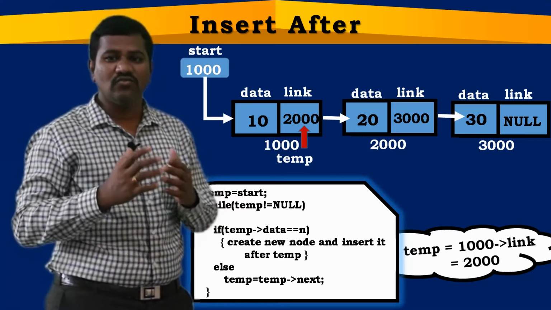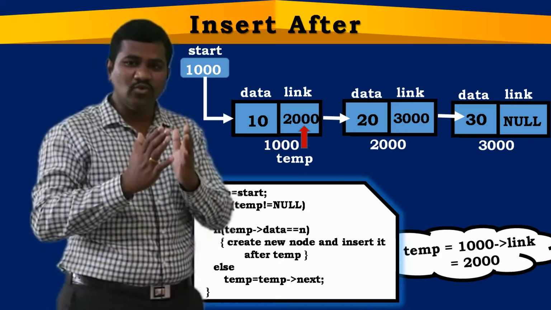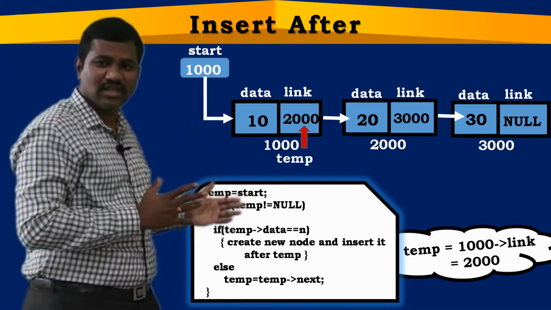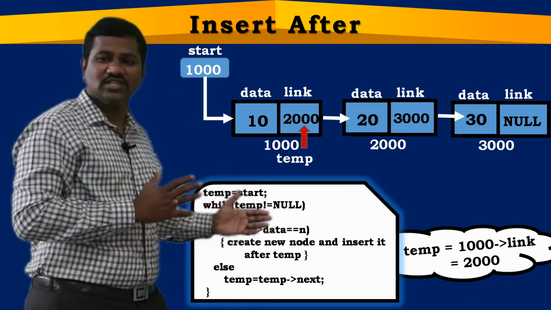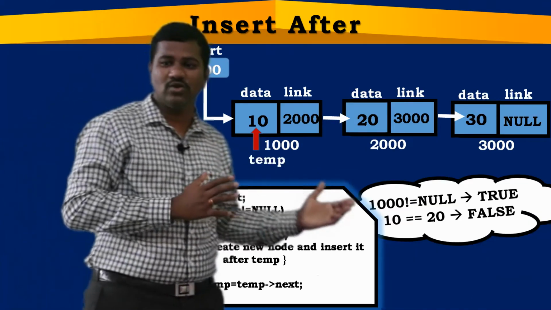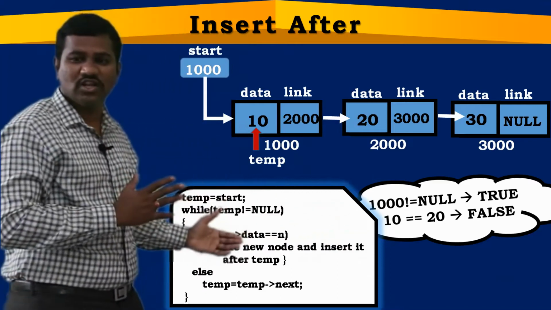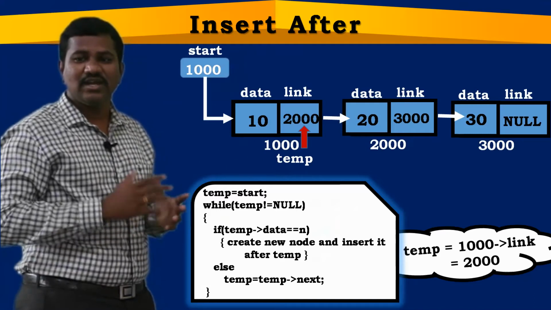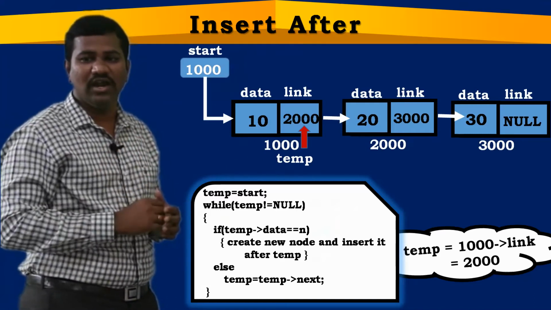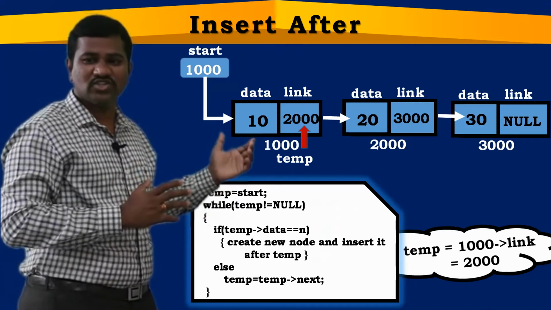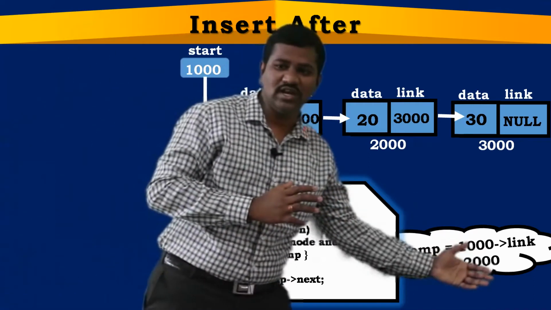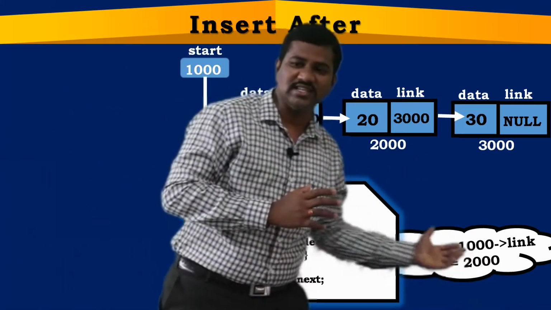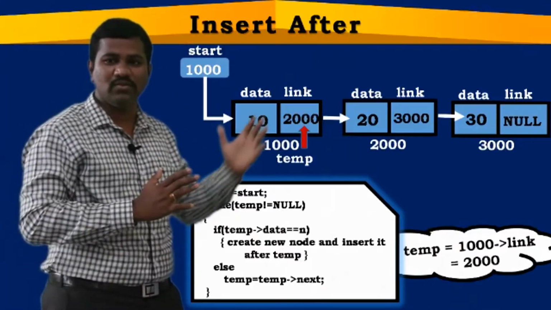If I did not find the node value, then I need to move from the current node to the next node. So how am I going to move? Here the condition is going to be false. Temp arrow data equal to n means 10 equal to 20, so the condition is false. Condition false means it doesn't go to the if part, it goes to the else part. In the else part, what's the instruction I took? Temp is assigned temp arrow link. Right now temp is pointing to the first node, that is 1000, and this 1000's link contains 2000. 2000 is assigned to temp. So temp moves from the first node to the